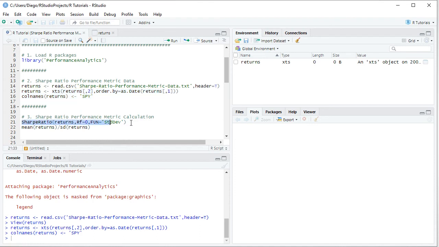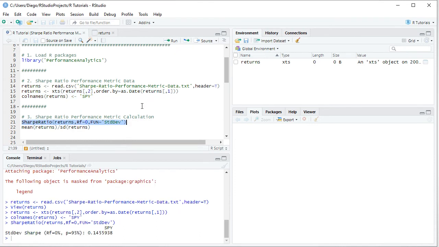So we select that code line there, click Run or Ctrl Enter on the keyboard, and notice here that it printed that corresponding Sharpe ratio. So as we have the data with a monthly frequency, so we had those monthly arithmetic returns, therefore this will be a monthly Sharpe ratio, and again assuming a 0% risk-free rate for simplicity purposes as an example for educational purposes, which is not fixed and it can be modified according to your needs, and the corresponding results of that monthly Sharpe ratio. So then we're also going to calculate it using the mean function of returns divided by SD,